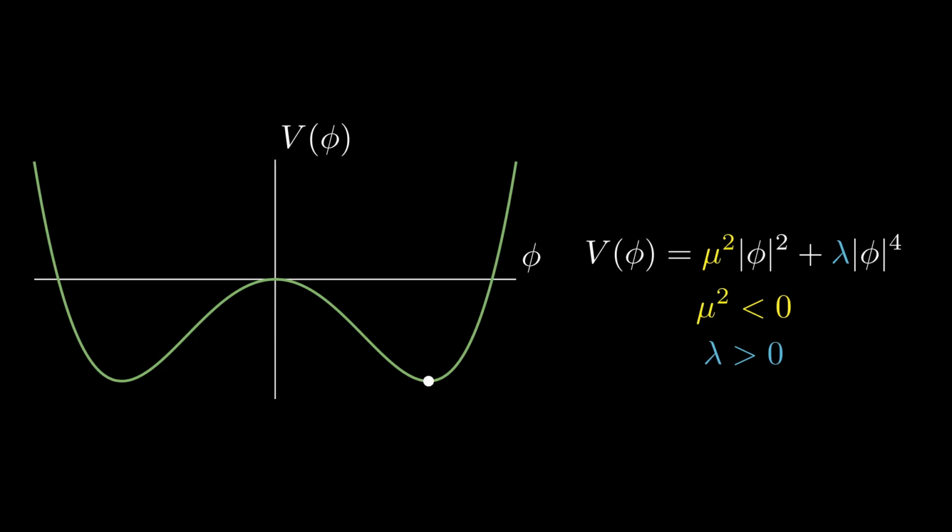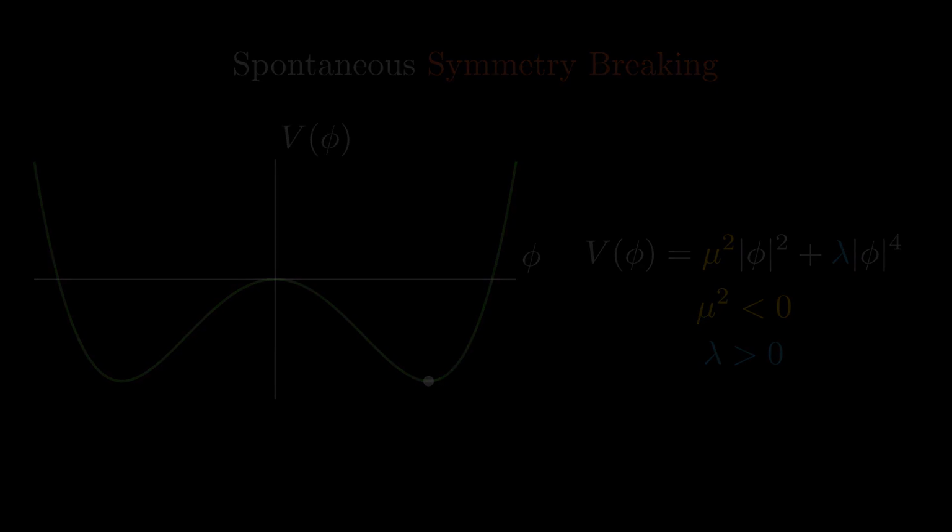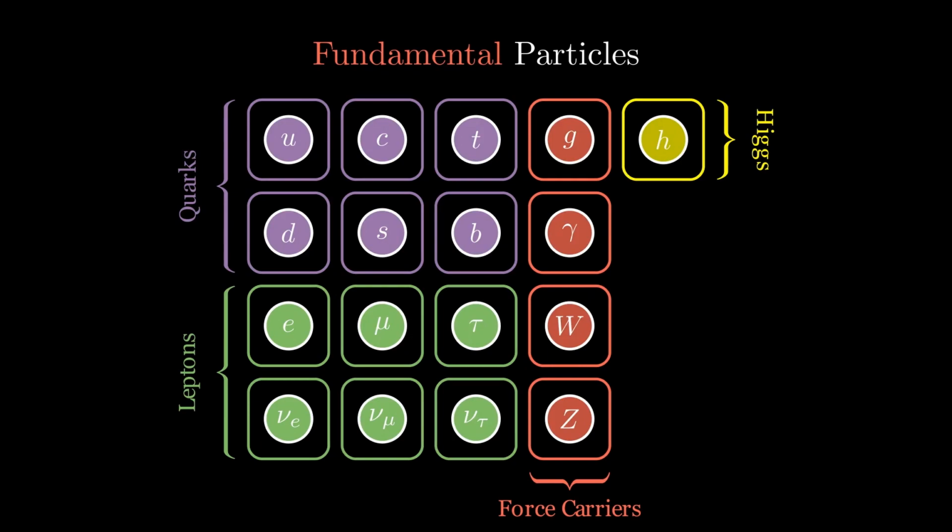Via this dynamical process, which is called spontaneous symmetry breaking, all elementary particles gain mass, except for neutrinos, gluons, and photons. But this is not the full story. Just as with the electromagnetic field, the Higgs field has its own physical manifestation, the famous Higgs boson. This full picture where particles interact with force carriers and gain mass through the Higgs field is known as the standard model of particle physics.